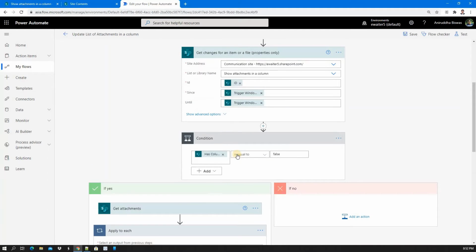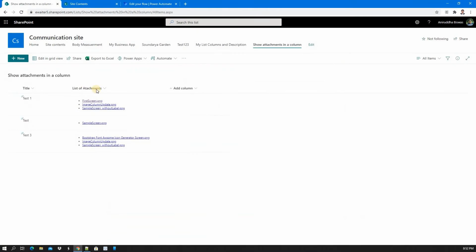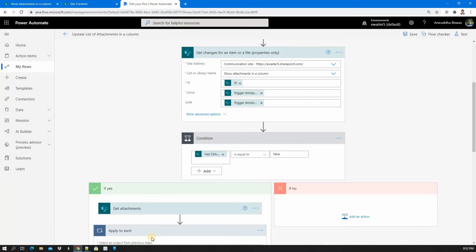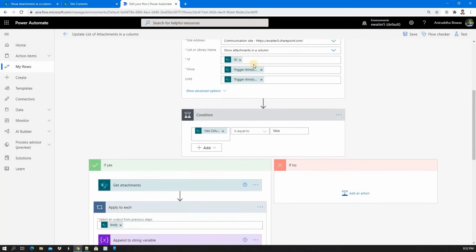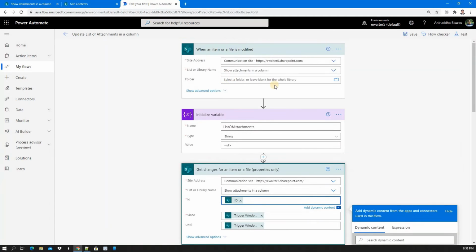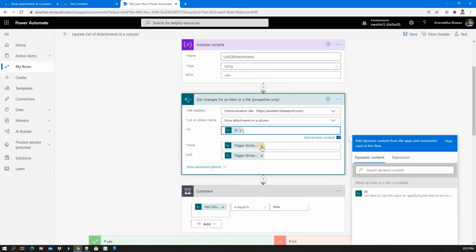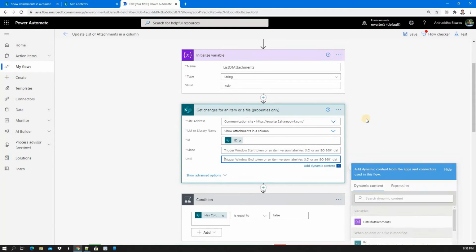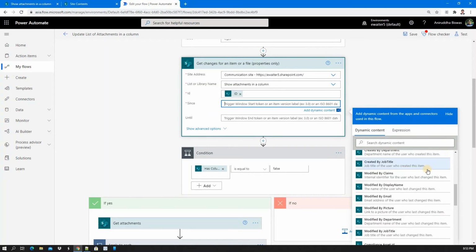So what I need to consider here is when it is triggered, I need to understand whether this column got updated or not. If it is not updated, then I need to update. If it is already updated, then I need to bypass. That is the reason I have created this. This is one of the actions I have mentioned already. For the site address, you need to put the same list URL, and the ID of this trigger. How can you get this? Let me show you. Whenever you select, you can get it here.